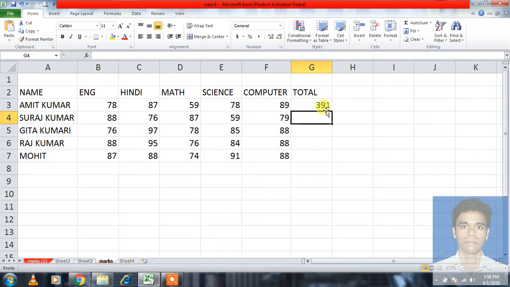You will also find the same result here, and if we just drag it from the lower end, then we will find all the results available for each student. Okay, this is the second method, which is also very easy.